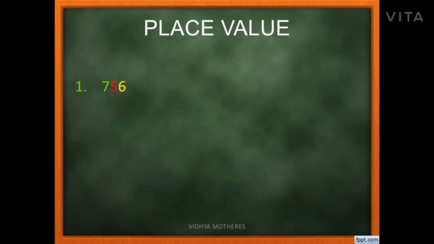So what were the first 3 places in the place value chart? Towards our right, we had ones, then tens, and then hundreds. So we will assign ones, tens, and hundreds. Now to find the place value, we just have to multiply. The number is given here. What is on top of that number? O. O stands for ones. So multiply the number by that value.